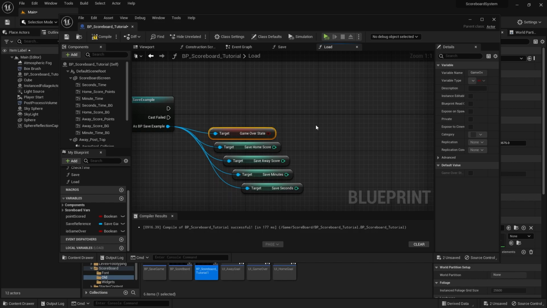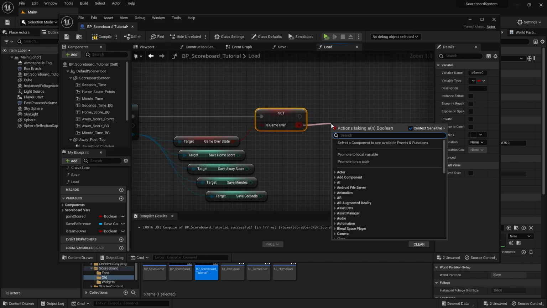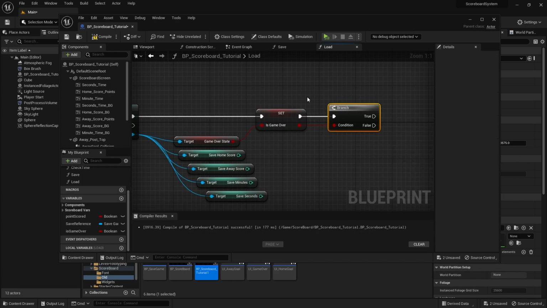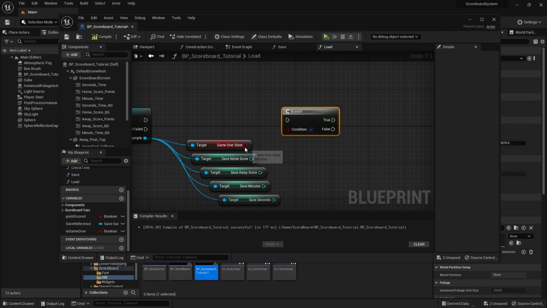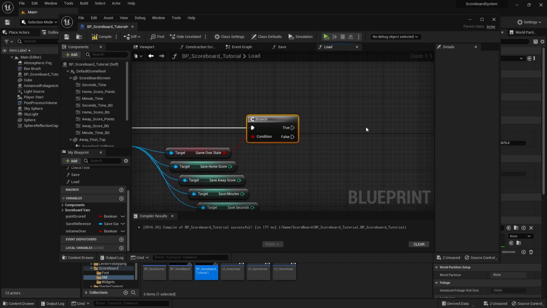Now from here, let's go over the game over state. We need to check if the game has ended or if it's just a rematch because one of the players scored. So from here, we could get this game over variable from the blueprint and then do a set and then plug that into the condition and do a branch to check if the game needs to restart or not. Or I don't think we actually need this. I think it's actually a bit redundant, so I can delete that and then just plug the game over state into the condition here, and then plug the execution to the branch like that.